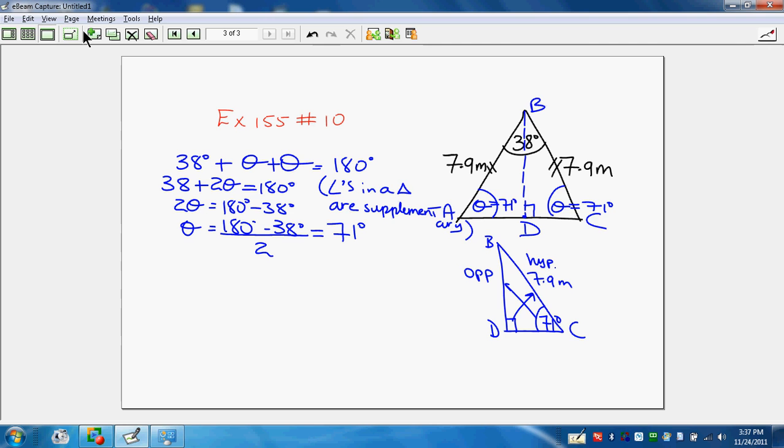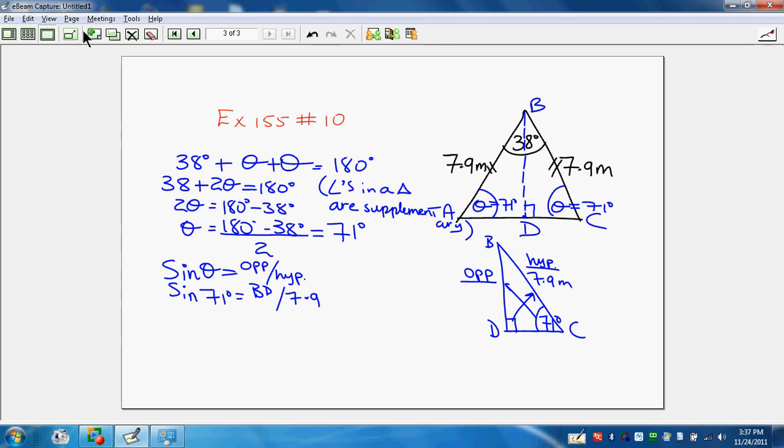So we have to ask ourselves which ratio out of sine, cosine, and tan connects what we want to find, which is the opposite side, BD, to what we know already, which is BC, or hypotenuse. The only one that works is sine, because sine is opposite over hypotenuse. So we'll use that relationship. We'll say sine theta is equal to opposite over hypotenuse, which means that sine of 71 degrees will be equal to opposite, which is BD, over hypotenuse, which is